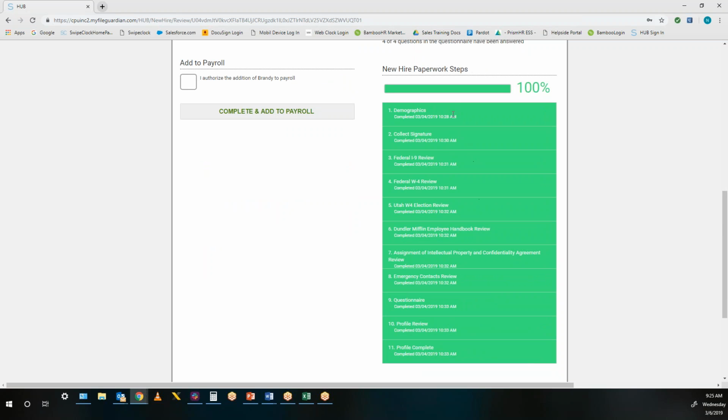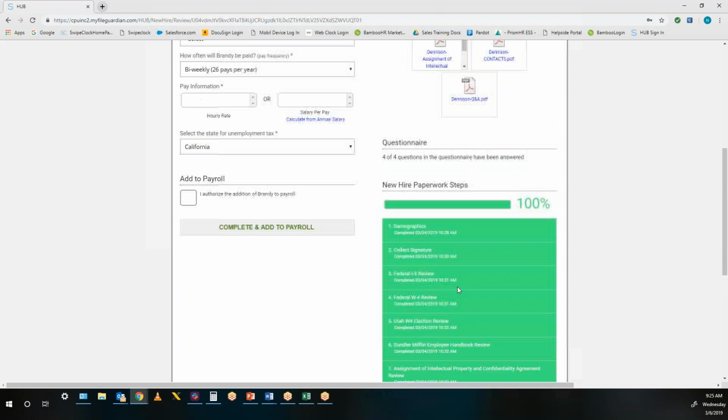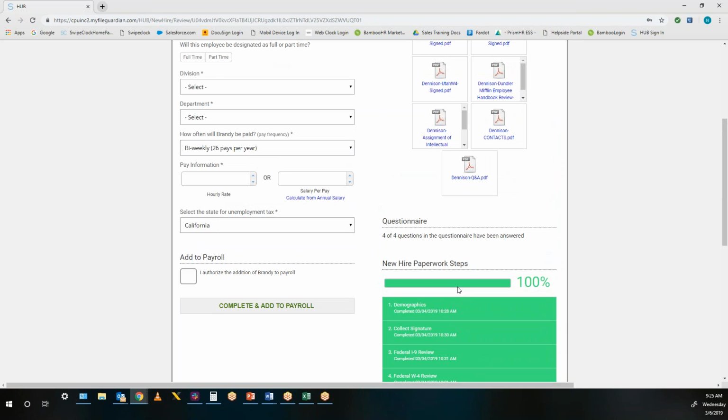You can see here that this employee has filled out everything, so she is ready to go. She's got access into her portal, she can start punching in and out, and we'll be tracking time off if that's something you offer. All the forms are ready, she's in the payroll software, and she's done in a matter of